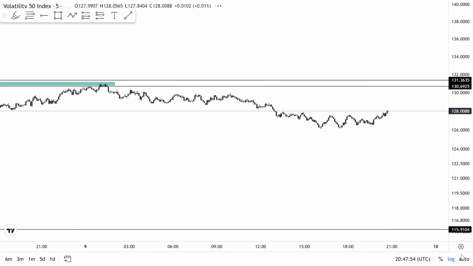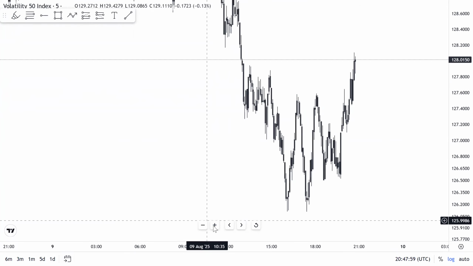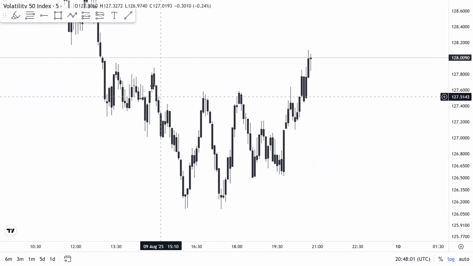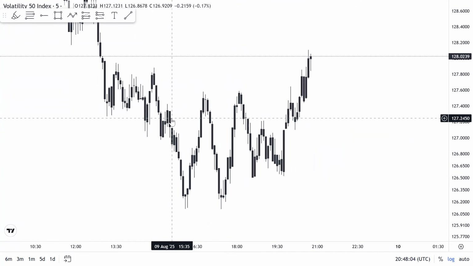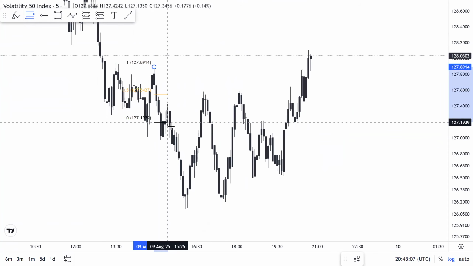So you guys watch this session as well. When you are done, you can watch this session here. You can see that this is a sweep of liquidity. This is a break of market structure. Now let's check if this structure actually fails within our criteria right here.